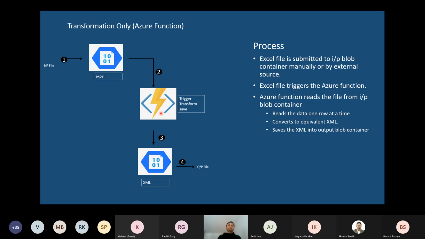But you can also use, for example, a combination of Logic App and other things as well. Depending on what you want to achieve, there are multiple possibilities you can use in your integrations, transformation, and everything. So it is an example which I wanted to show you today. This is what I have prepared.